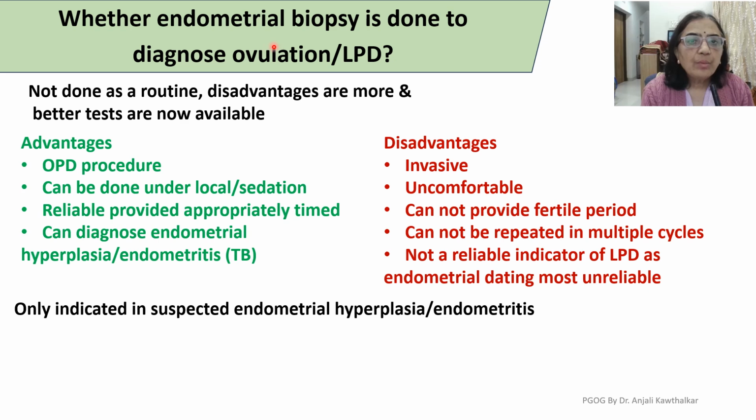Now, what is the place of endometrial biopsy? Whether you will do endometrial biopsy to diagnose ovulation or to diagnose luteal phase defect. If you see the previous textbooks, there was so much stress given on endometrial dating. Endometrial dating was even given in the standard textbooks as a way of diagnosing luteal phase defect. So, if you are asked, what is your opinion? What is the present day status of endometrial biopsy to diagnose ovulation or luteal phase defect